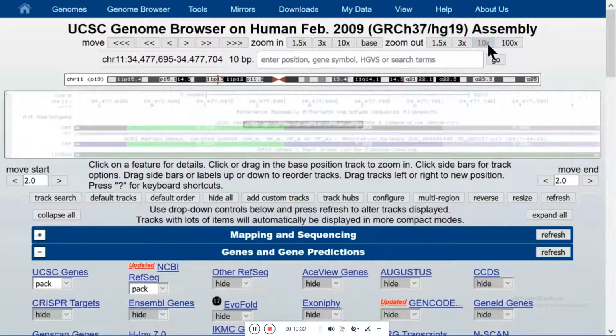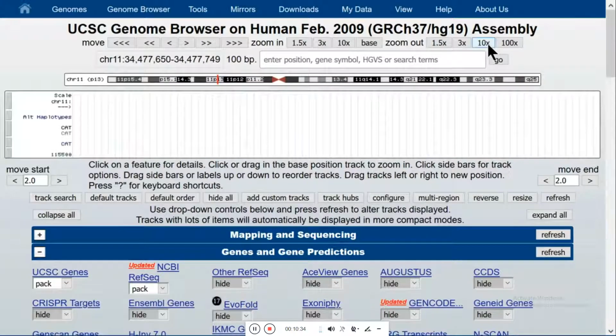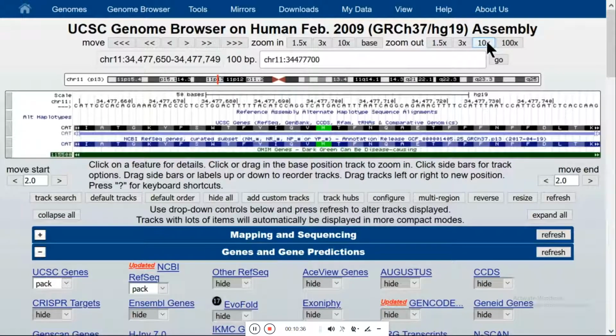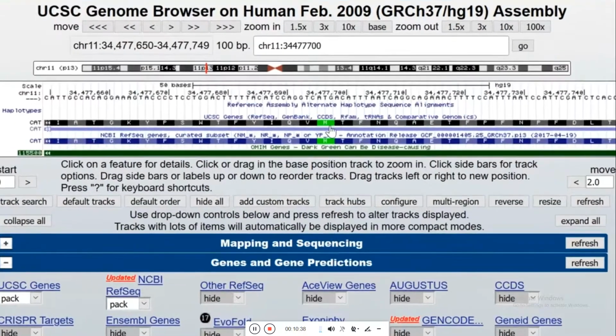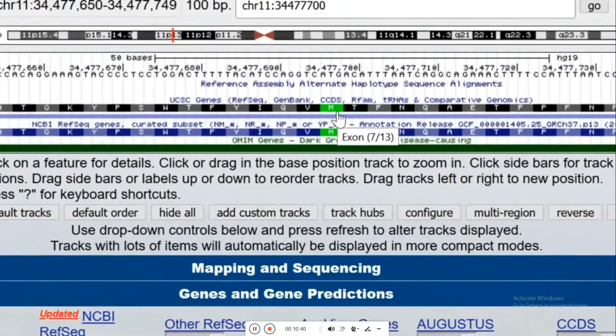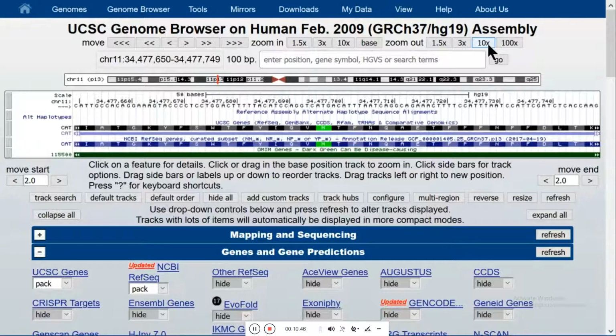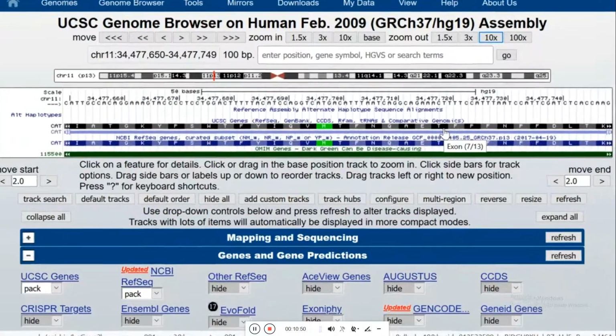And then another factor of 10, we're at a 100 base window. You'll notice that the methionines in the browser are always colored green. Some of them are a start codon, some of them are not, but they're always green. At this resolution, there's no room to write the amino acid numbers, but the amino acid names are still there